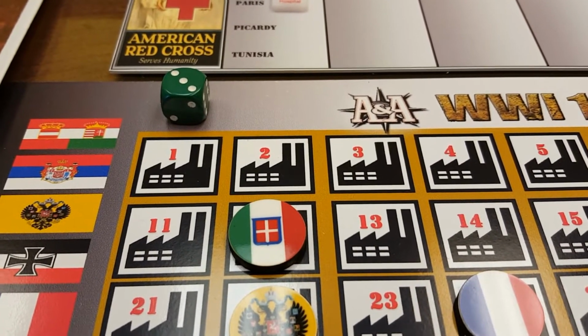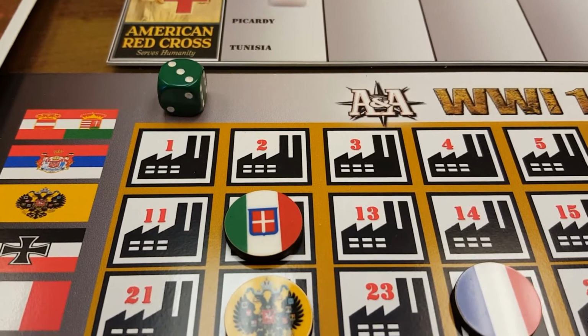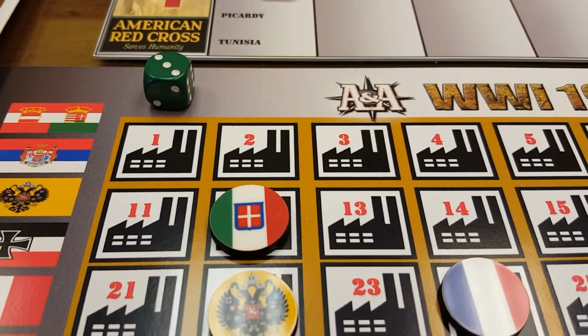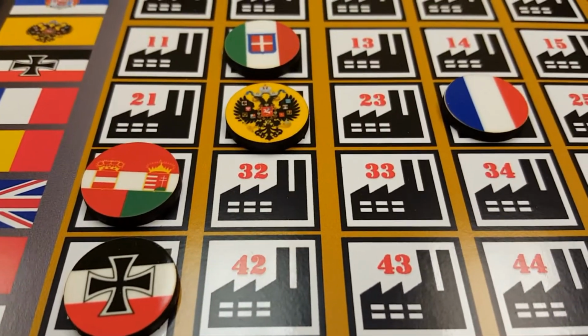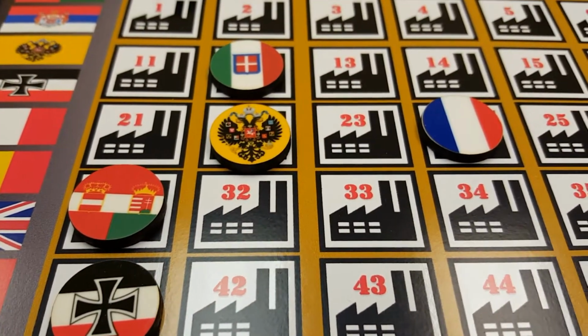We are in round 3 of Axis and Allies World War I 1914 solo game. And Austria-Hungary is up, and they're sitting at 31 IPC. And if you recall,